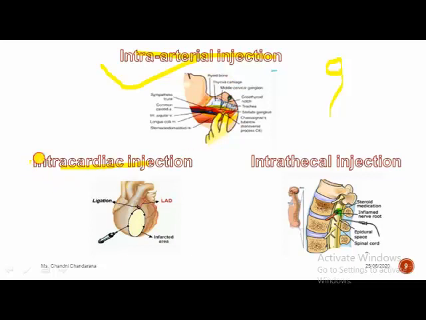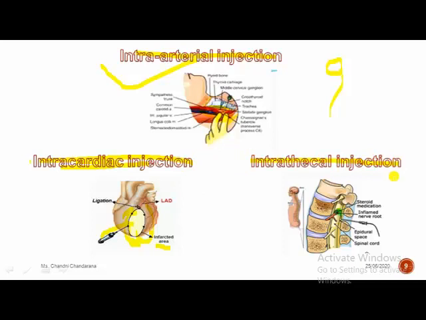Now next is intracardiac injection. So where is it given? You can see over here. This kind of injection is given into the heart muscle. Cardiac means heart. It is given into the heart muscle, or it can be given into the ventricle. You can say this is the site of location. This is the injection, so it's given over here. This is the infected area. Right? Now next is